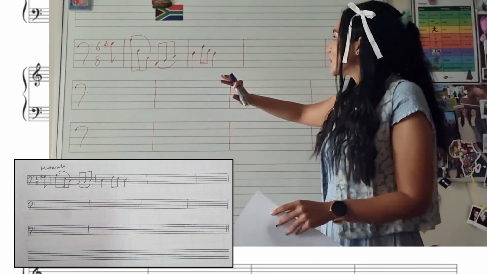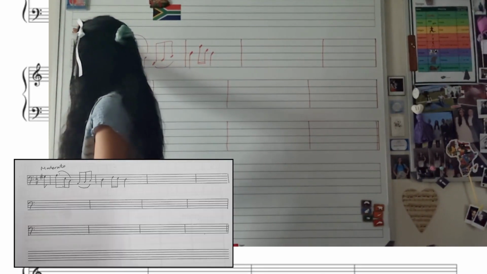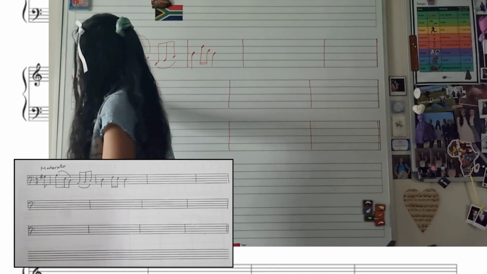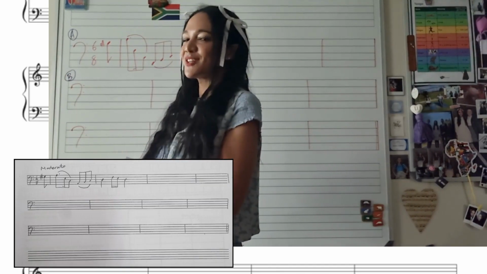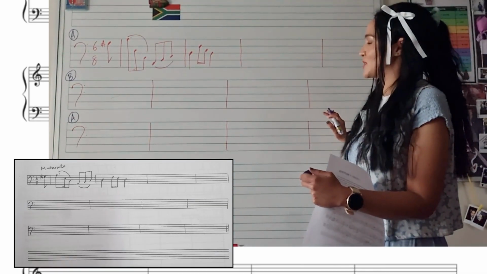So I've prepared our board now with our 12 bars, and what I'm going to do is I'm going to have 4 bars in line 1, that's our A section, the next 4 bars in line 2, our B section, and our final 4 bars in line 3, that's our second A section. So that's how we know